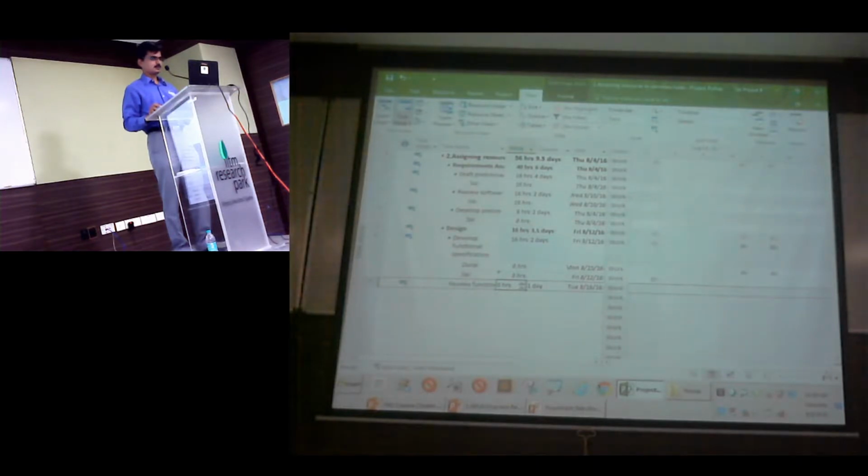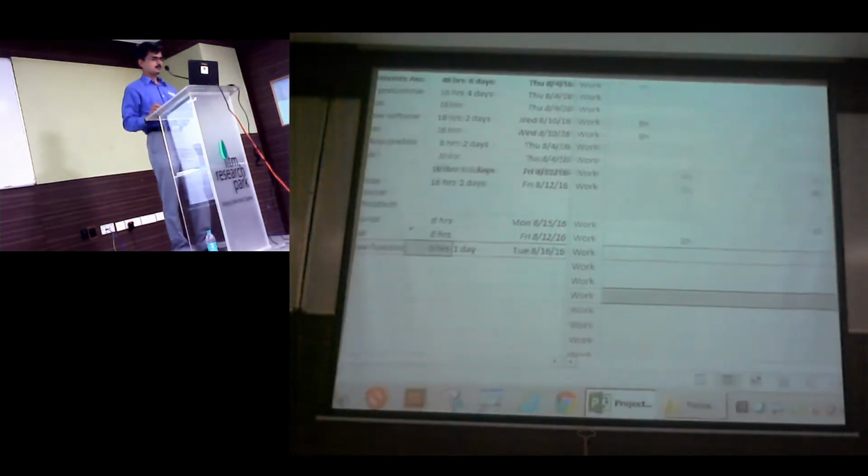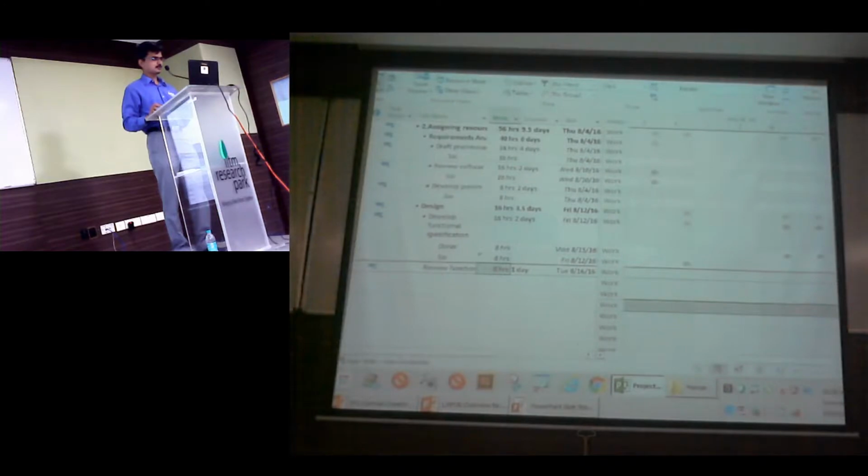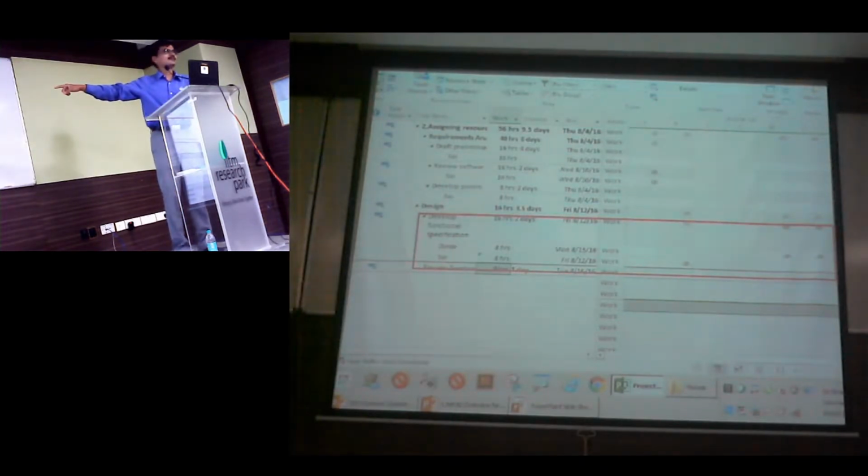So now notice how the work is now scheduled. Did you notice this? Just notice this section alone. Durai's 8 hours is getting spread across 2 days, whereas if you look at Sai, since he is working morning to evening, he is able to complete 8 hours in 1 day, which means the resource calendar is always respected. So you don't need to really worry about having multiple tasks for each team member.